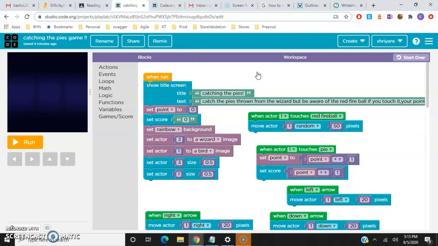Now let's go to the other. When actor one, what is actor one? It's a bird. Okay. So when actor one, I'll just tell you in the normal way, because actor one is a bird and actor three is a wizard, you might get confused. So when bird is actor one, just remember that. When bird touches red fireball,